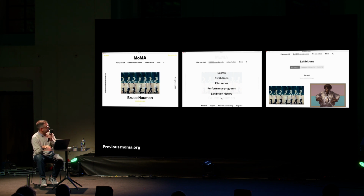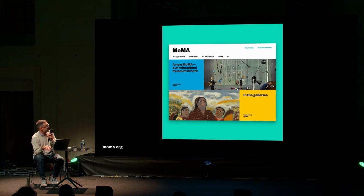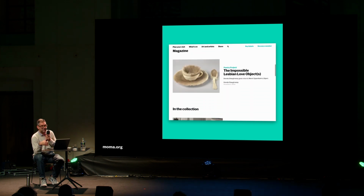It was center aligned, it was black and white. Images were uncropped, and really the digital media teams and the design studio were not working closely together. And I think what I really tried to do was, because I had some fluency in building websites, try to build a bridge between the departments and get them excited about what we were doing with the design system. And so we actually built a working group, and in a very few months, we were able to completely